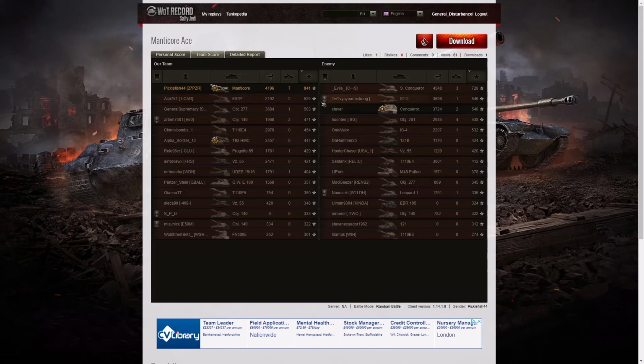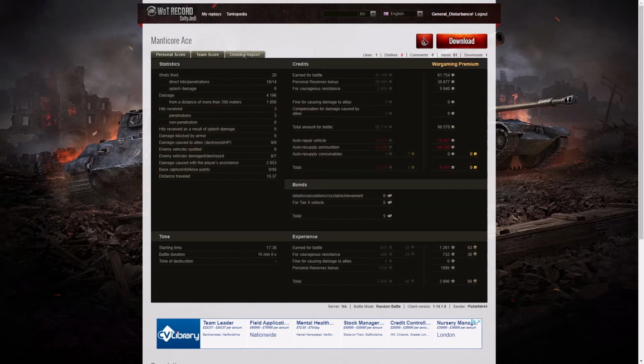841 went to Picklefish. 728 went to the Super Conqueror. And 546 went to the ST2. He fired 20 rounds, all 20 rounds in that game, so he didn't have any ammo left, actually. That was my mistake. I didn't spot that. He couldn't have taken out the Conqueror gun carriage, even if he wanted to, because he didn't have any ammo left. 16 direct hits on the enemy, 14 penetrations, 4,196 hit points of damage, and...